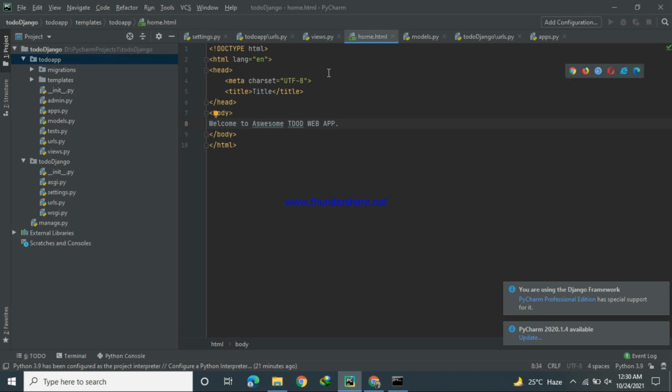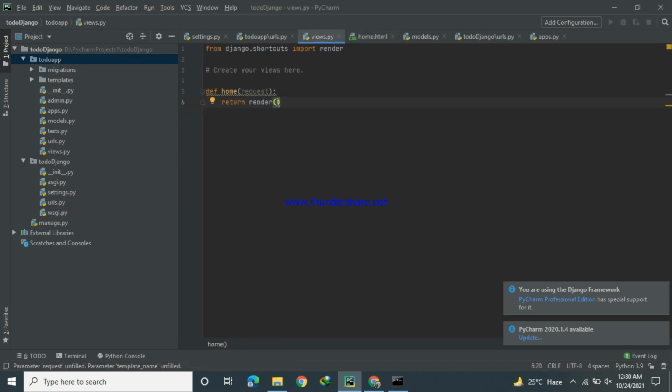So in the views.py file I will attach a request. It will send a request and go to the Todo app home.html. Sorry, here we will put a slash, Todo app slash home.html.